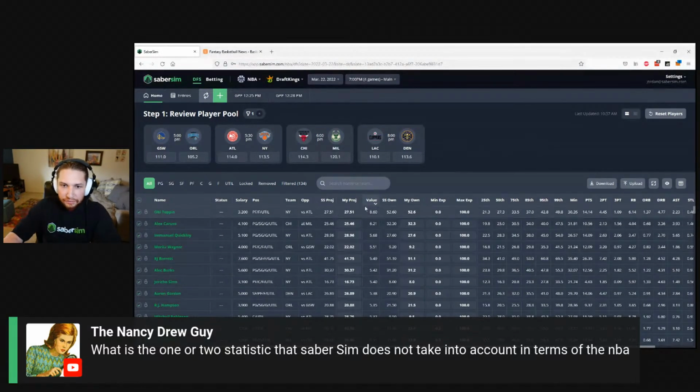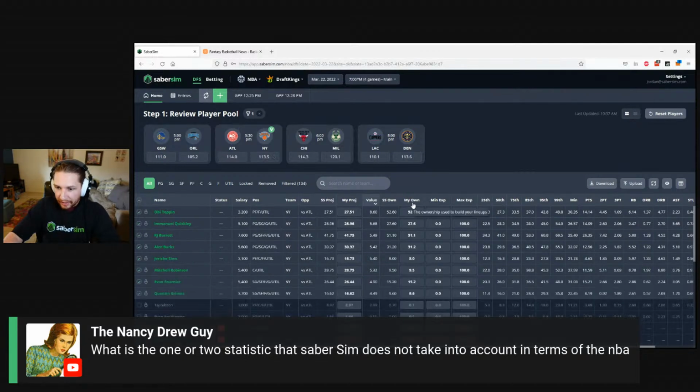But I think you can use ownership as a reason to guide you, right? Like Jericho Sims at 8% projected ownership on a 4-game slate where Julius Randle is not playing. Same thing with Mitchell Robinson. To me, I would not need much to come up with a reason to bump their projections a little bit. And I think that is way higher value research than going and looking at DVOA charts or historical usage or fantasy point per minute charts or things like that, because that kind of stuff is captured in a more robust way already in the model.